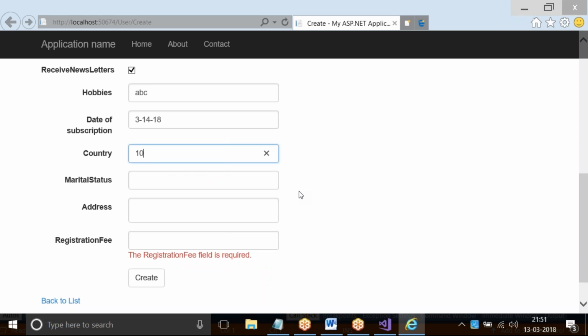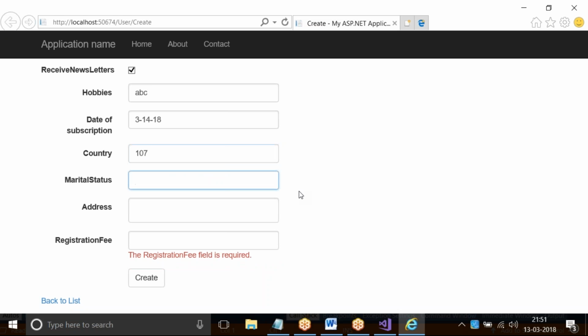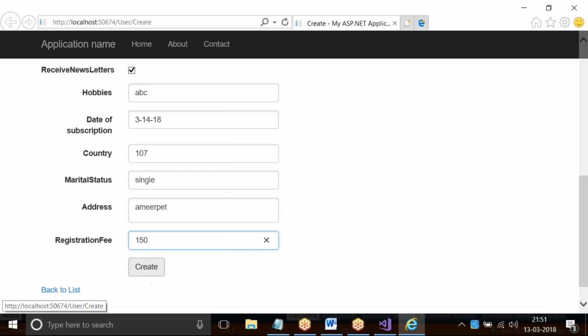Here country ID I should give 107, because if it is a drop down list, we'll select from the drop down list. India we'll select. But now only a text box is there, so I should enter the country ID. Registration fees is given. So Create.